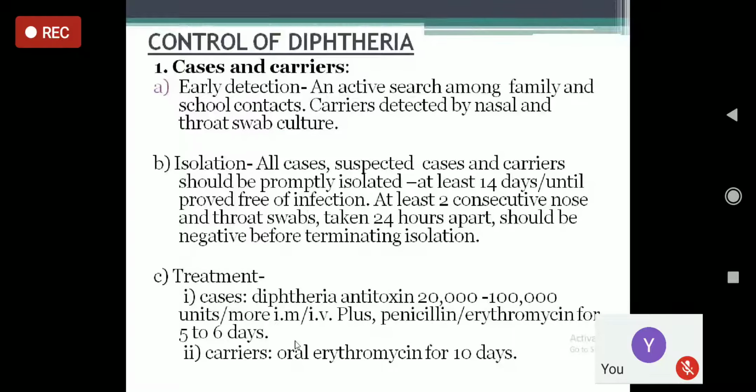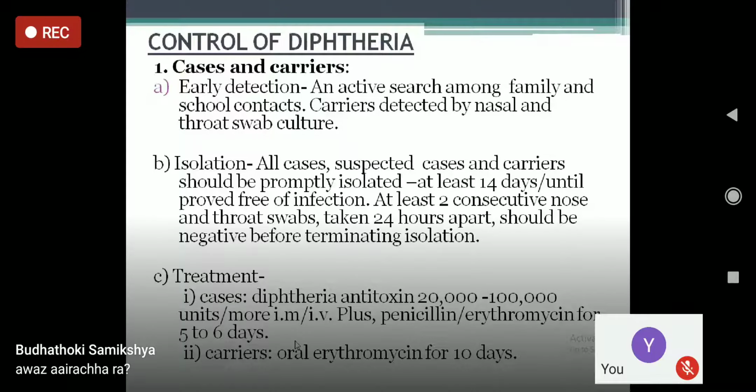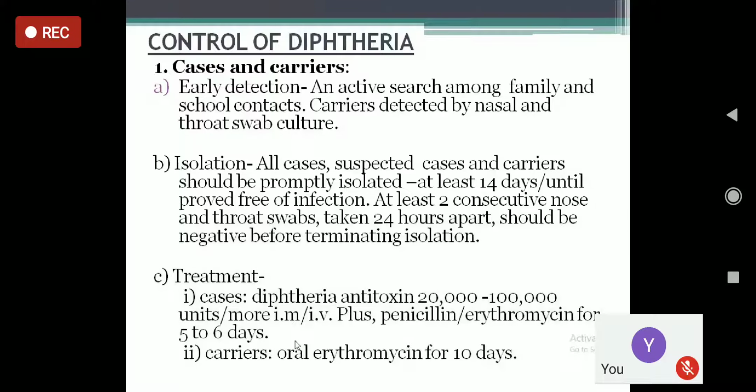COVID-19 suspected cases. Isolation means the diseased person is kept in a room, preferably in the hospital or at home, in a certain place, so that the healthy person will not be exposed to the diseased person, and disease will not be transmitted. So the slight difference is: quarantine is for healthy people, so as to prevent them from getting exposed. Isolation is for the diseased person, to prevent exposure to other healthy people.